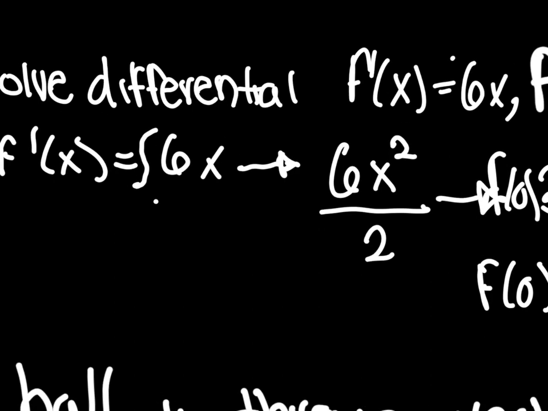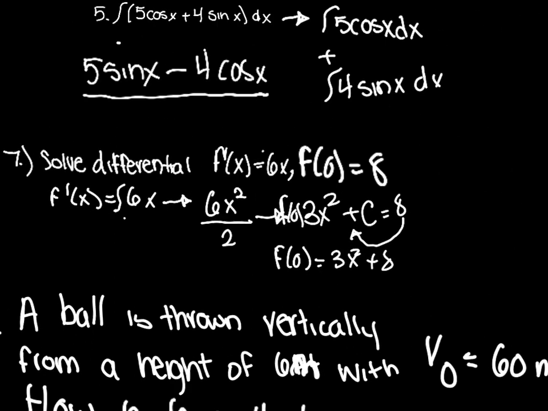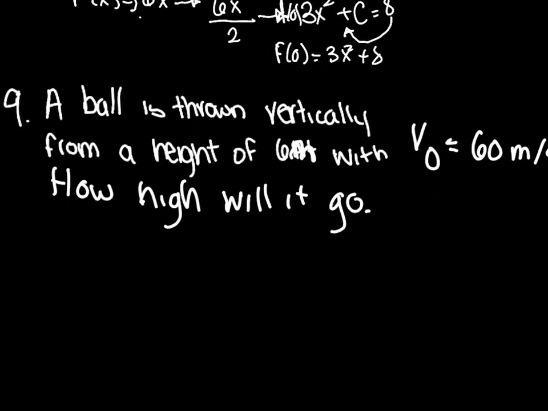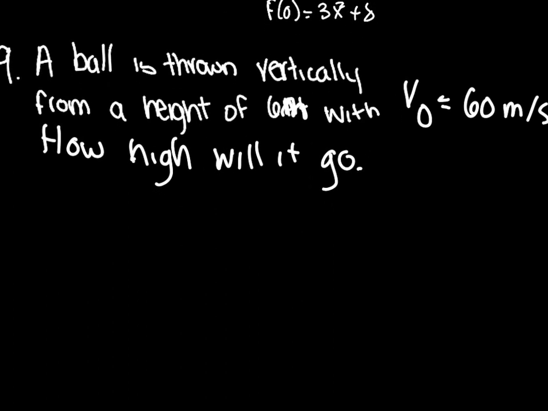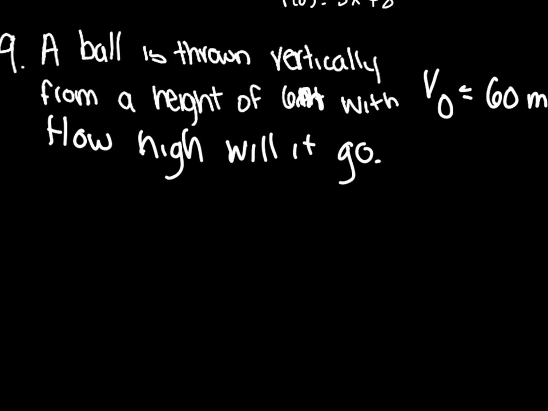So now we move to the final problem here in our lesson, which is actually a physics problem, and it's quite interesting. It says a ball is thrown vertically from a height of 6 meters with the initial velocity of 60 meters per second. How high will it go? Well, we actually have a kinematic equation here in physics for it, which is